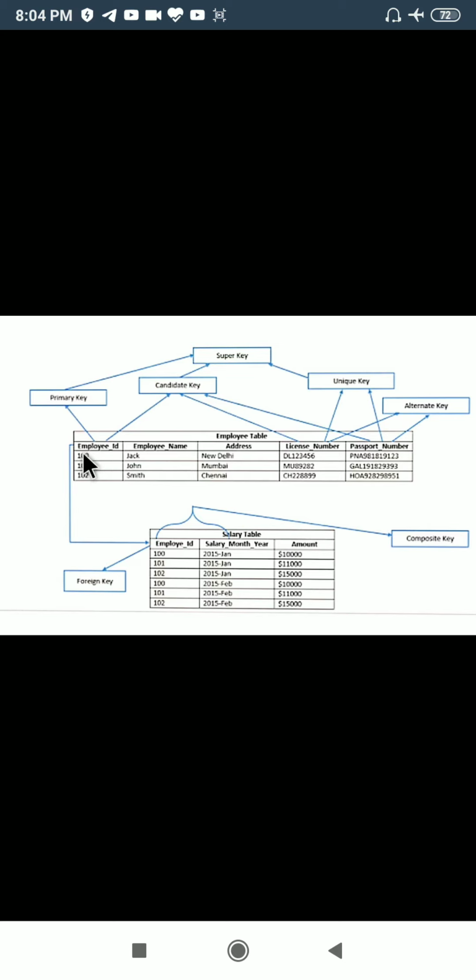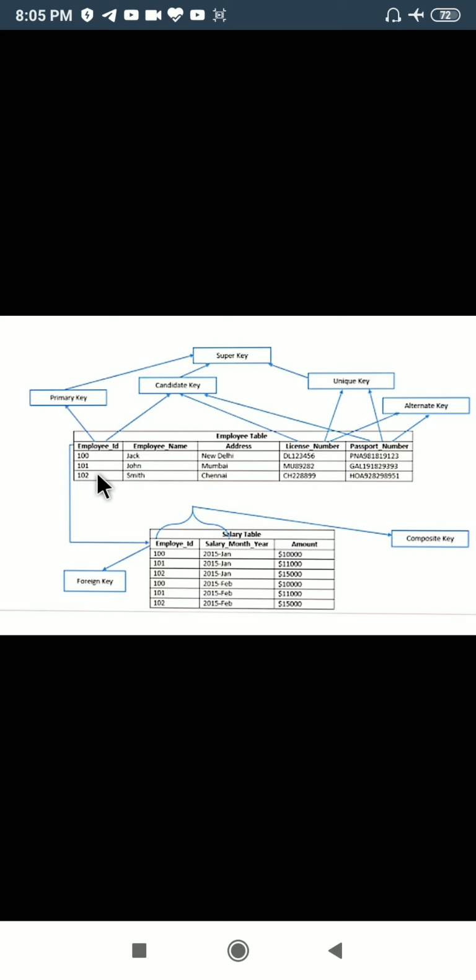Employee ID, like your roll number, will always be unique. License number, like your driving license number, is always unique. Passport is also unique. So I have three fields that have unique values, but address does not necessarily have unique values. Employee name may or may not have unique values. So we have to extract those columns or fields from the table which have unique values. Who qualifies for these unique values? Employee ID, license number and passport number. So these three fields can act as a primary key.